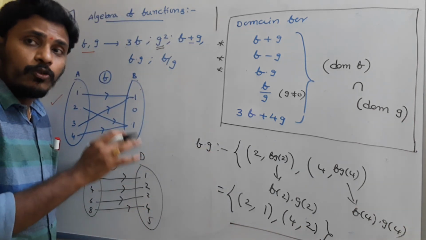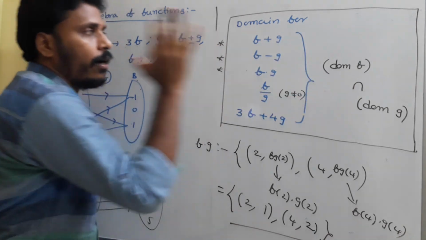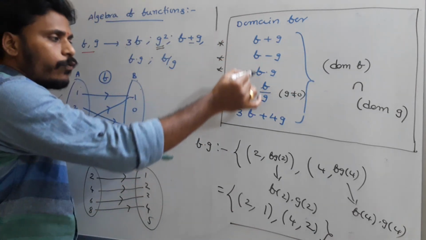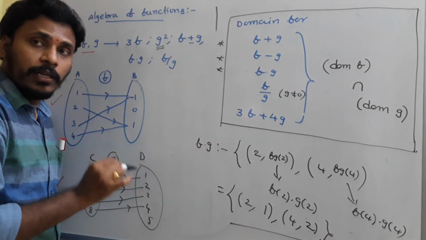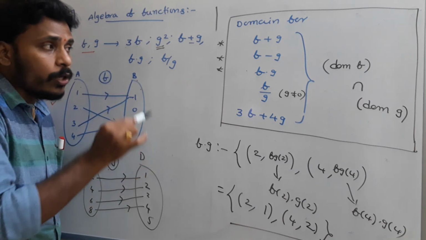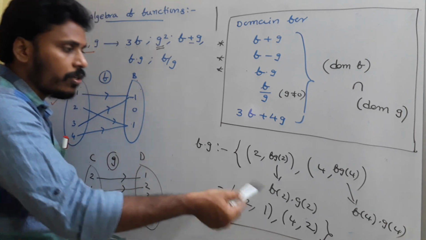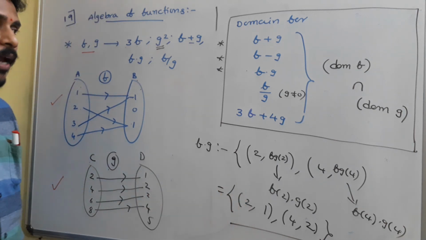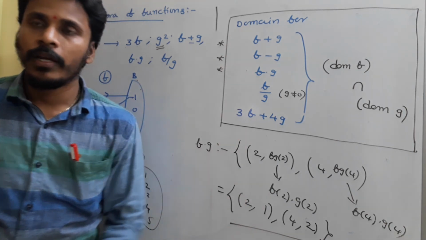Okay, so at the end you just memorize this particular idea. While writing these functions, the domain is simply domain of f intersection domain of g. That is very important. When you have that idea, it is easy to list all the elements and it is easy to find the domains for these types of functions. Okay, just have a look.